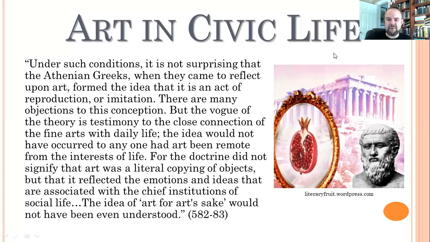That's the mirror of a pomegranate, right? Art is just a reflection. It's imitation, right? It's a mirror of the world, and for Plato, that's a bad thing. It's further removed from reality. But again, Dewey doesn't agree with this, though he sees why it's kind of intuitive to equate art